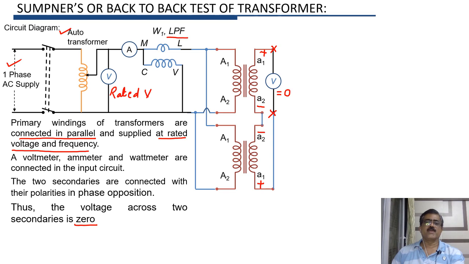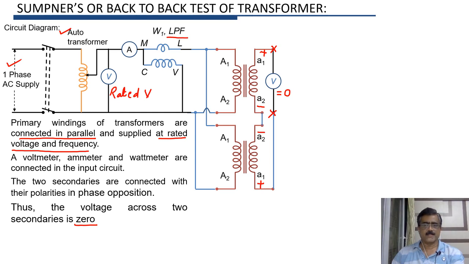Then only we can say that the polarity markings are correct, or the connections are according to the correct polarity. If the polarity markings are wrong, then this voltmeter will show the voltage which is 2 times the voltage across secondary of transformer. And in that case, we had to check the polarity once again and